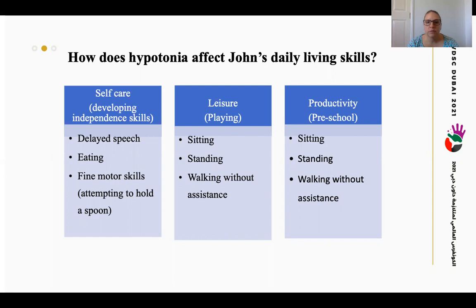So in terms of his leisure activities, sitting, standing, and walking without assistance impact his ability to participate in leisure activities. And the same with his productivity, so going to preschool. Those particular aspects of the hypotonia affect his sitting, standing, and walking without assistance. So that affects his ability to get around